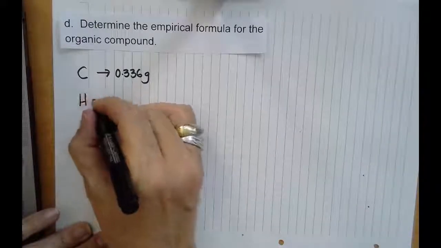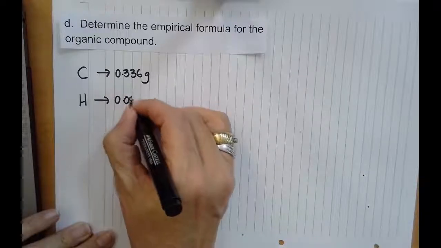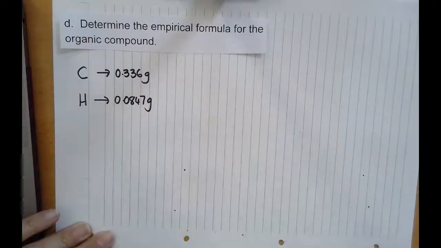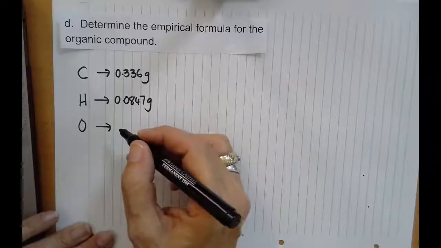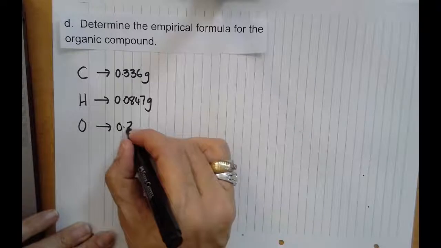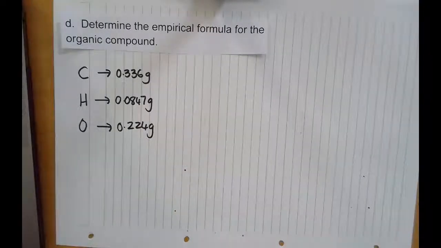My hydrogen is 0.0847 grams of hydrogen, and my oxygen has been calculated as 0.224 grams of oxygen. Now that you know the mass of each of those,